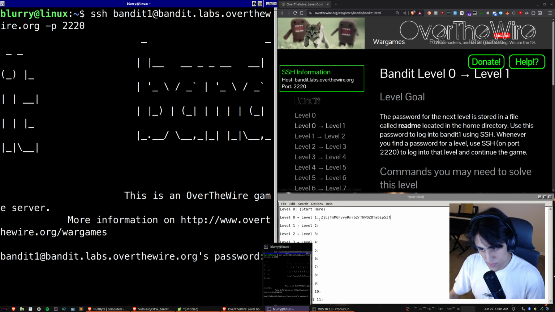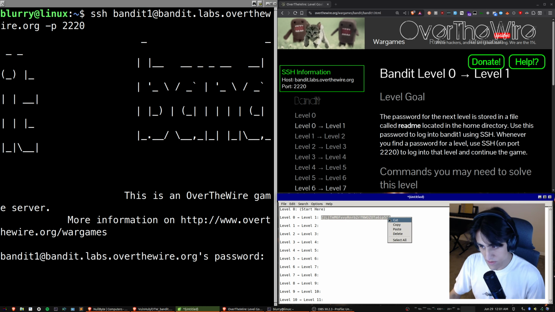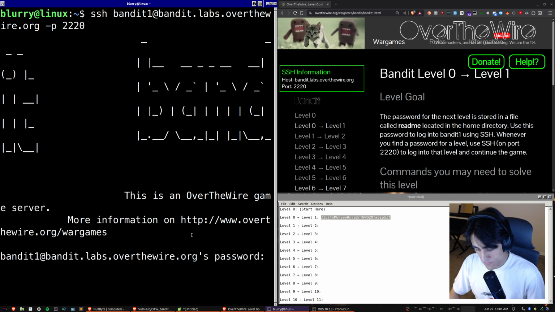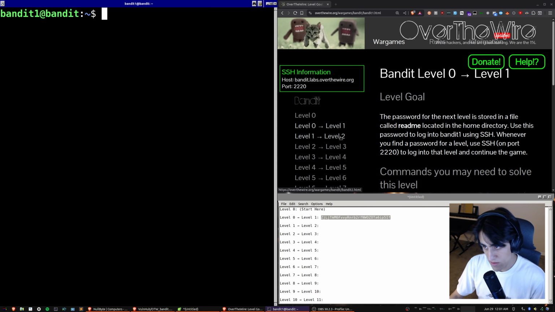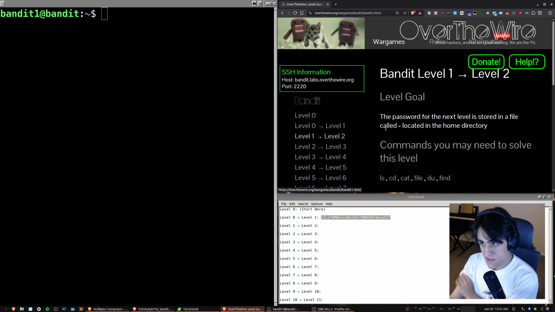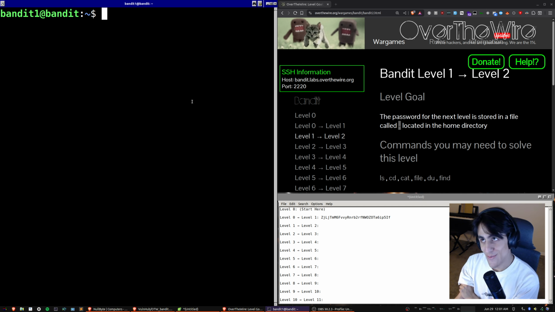And so use the password that we just found, and then also clear workspace, and then let's read the next hint. So the password for the next level is stored in a file called dash. What they're trying to do here is have you print the contents of a file called dash, which will give you an error, because whenever you try and pass in